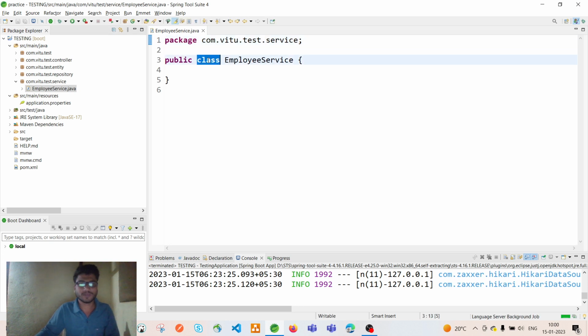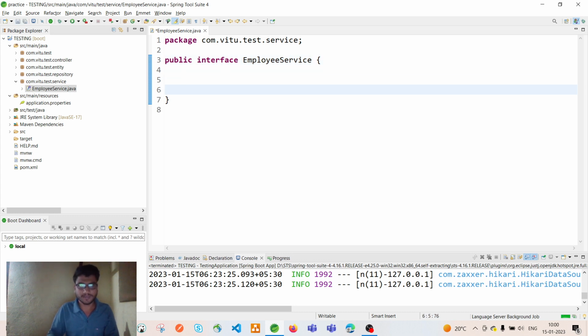But I don't want to create this as a class. Instead of class, let me choose interface, because in this interface I'm just going to write some methods. I only need to declare the methods. I don't want to provide the implementation of this service in this interface. Okay, for that let me write something for you. First,